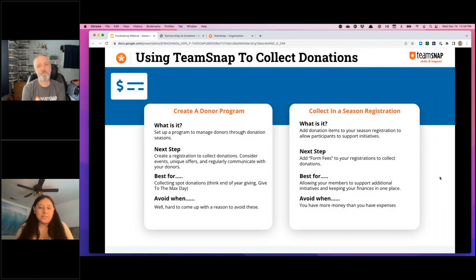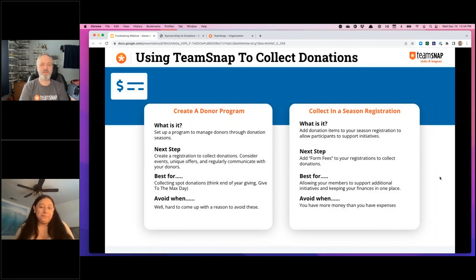Even if you're not running a season, I always recommend having a donor program set up or just a donation registration form. You never know. A lot of people, especially at the end of the year for tax purposes, want to give donations and support local organizations. So I always encourage opening a donor program or donation form somewhere people can just go and give.